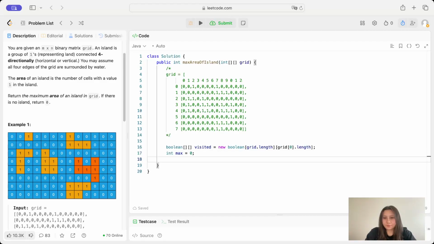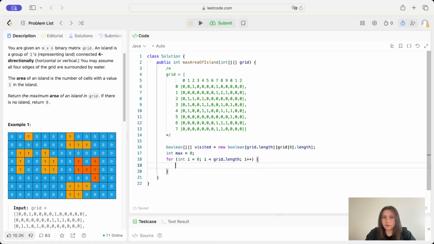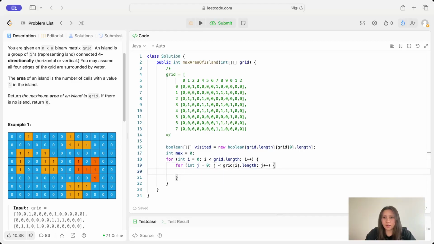So, okay, now we need to loop through our grid. So for i is 0, i is less than grid.length, i plus plus. And we'll do the same thing for j because we need to do rows and columns. Okay, grid at i dot length, j plus plus. Okay, now we need to check if our current value is a 1 or not. So if it is a 1, then we'll want to explore that island